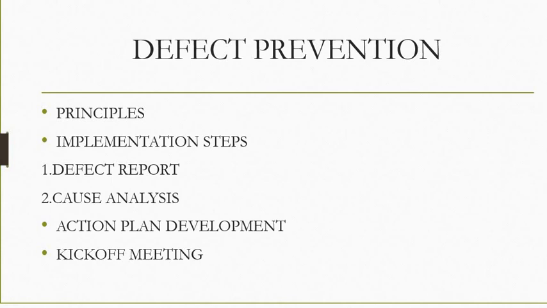Members of the team usually implement the action items, but in some cases the team can arrange for someone else to implement an action item. Eighth point, review results of defect prevention experiments and take action to incorporate the results of successful experiments into the rest of the project or organization.